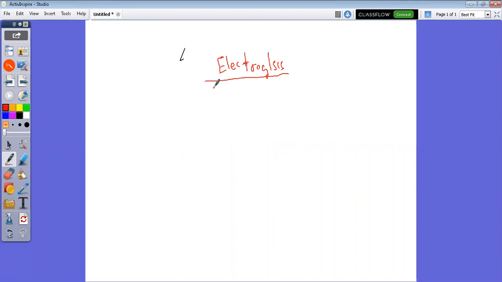So let's start. What do you understand by electrolysis? You are required to know how to define it according to your syllabus. What is electrolysis? What are we trying to achieve? We are trying to separate what? Decomposition of a compound. Remember, a compound cannot be physically separated. So electrolysis is the decomposition